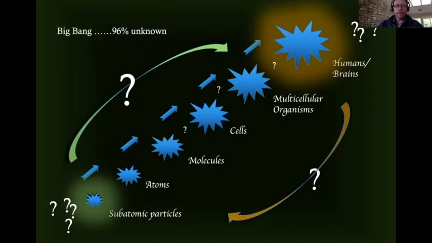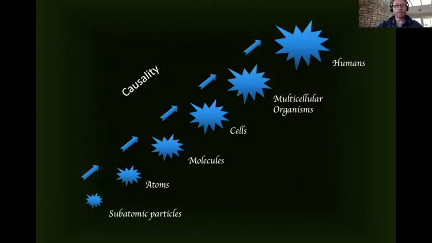The other thing is that with all of these entities that came out of the Big Bang, we have to remember that because of dark matter and dark energy, this only comprises 4% of the universe. The universe is 96% unknown because it's composed of stuff that we don't understand, but that we infer to exist. We infer dark matter and we infer dark energy, and we can talk more about that if you like.